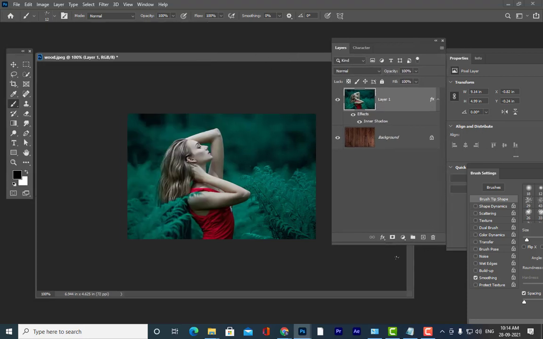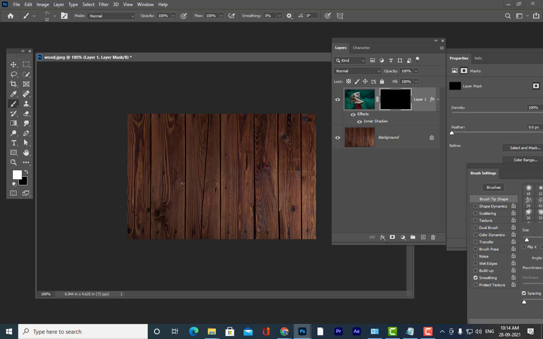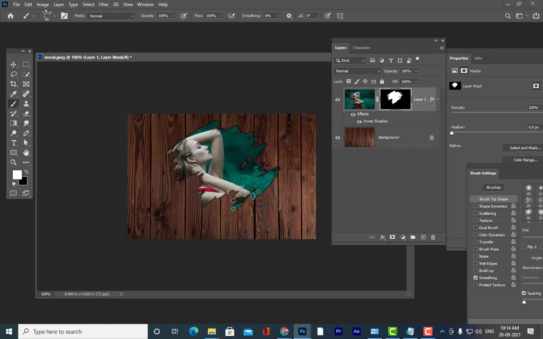Okay, so now I am going to use the natural brushes, and we'll do the same thing. So alt and click here. Then we will just try to use it like this. See here, you can get different combinations of effects, as if somebody has cut that wood. You'll get the effect as if somebody is cutting the wood, and inside the wood.